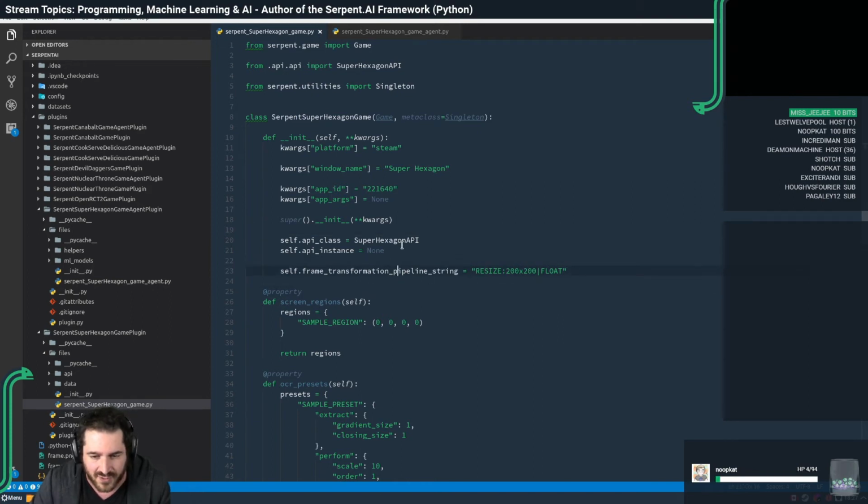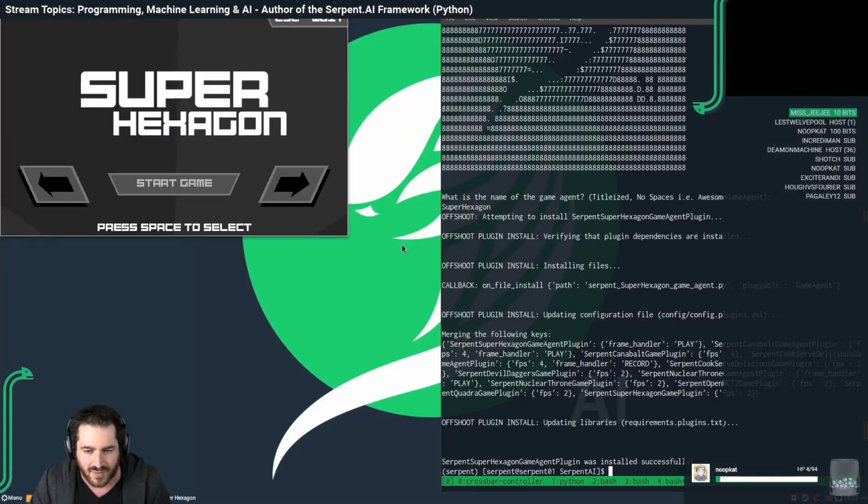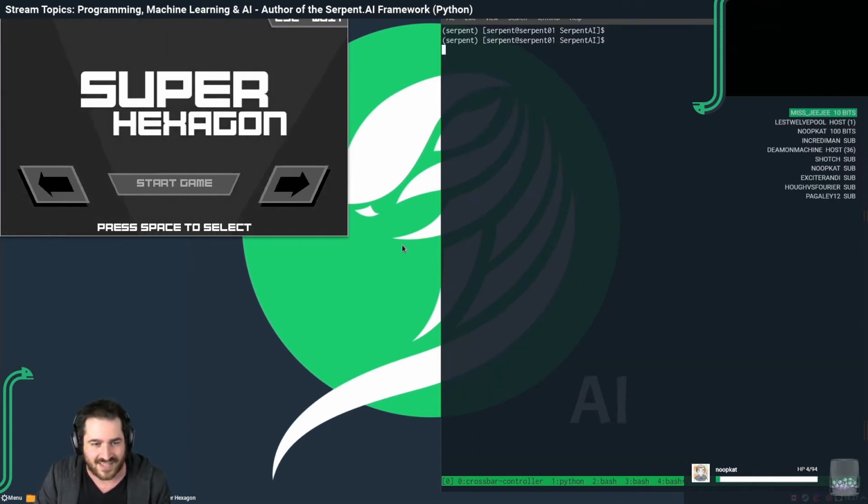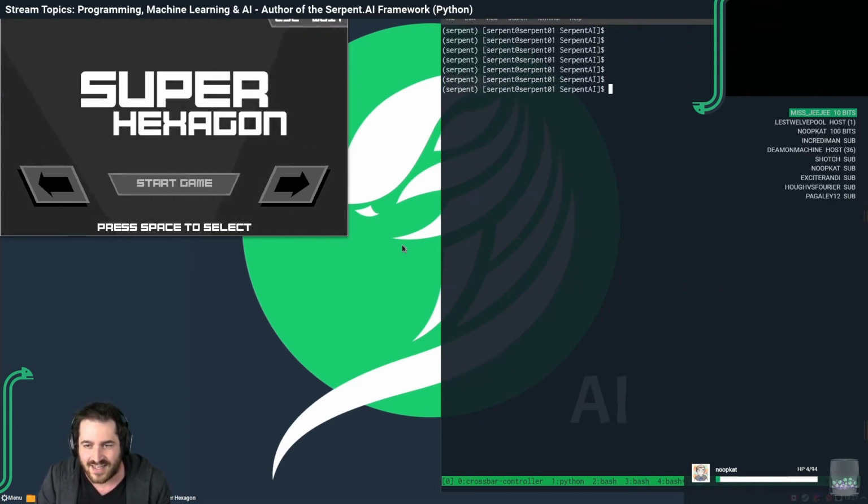So without further ado, I think this is a valid pipeline. We're about to find out if it's the lowercase x or the capital X. Let's clear our terminal just to make this a little easier. And that's it, we can just record our gameplay. I'm going to say serpent record super hexagon with